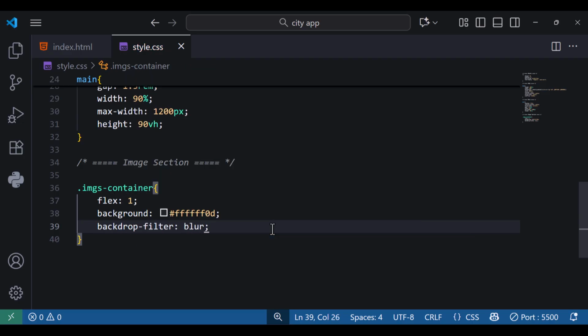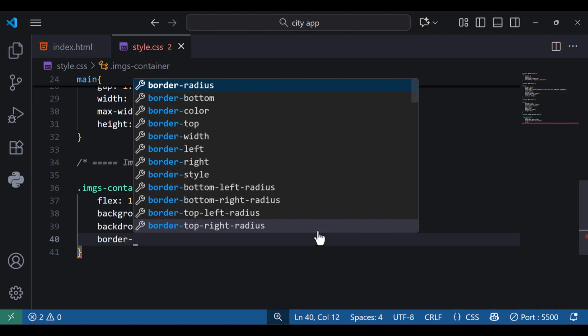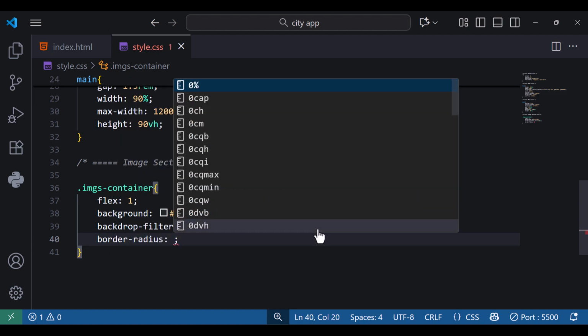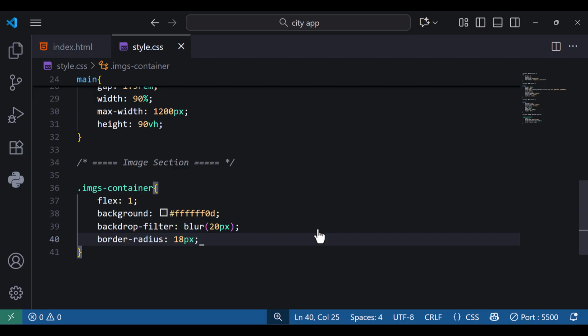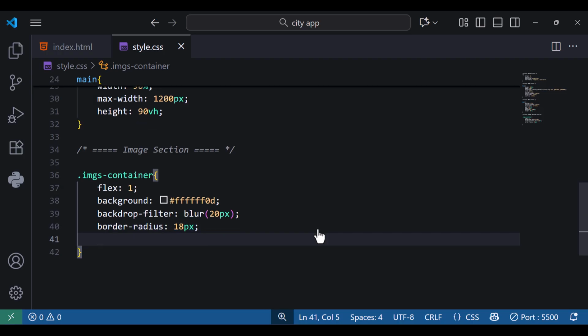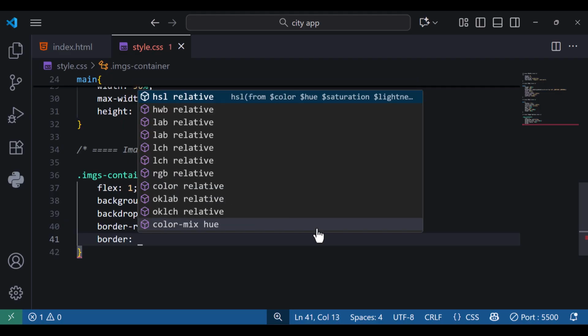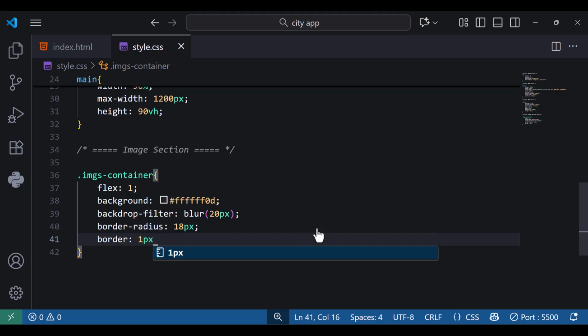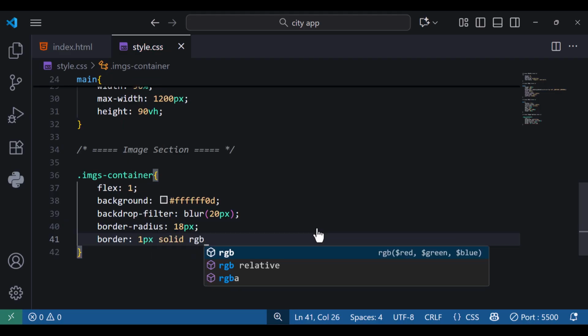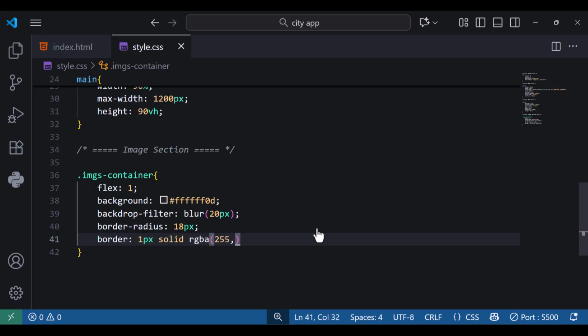I want it to blur, so I'm going to have 20px, and then next we are going to have border-radius, and we're going to say, let's give it 18px, and then next we're going to have let's say border, and we're going to say 1px solid rgba, and then 255, 255, 255, and then 0.1,